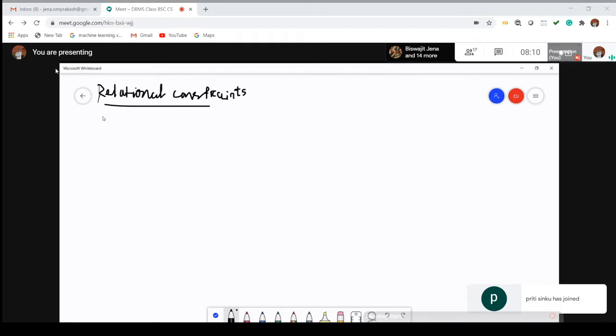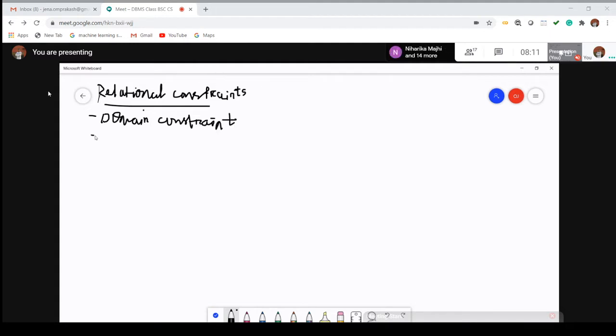So within that relational constraints, we can discuss different types of relational constraints. First one is domain constraint. Second one is key constraint.